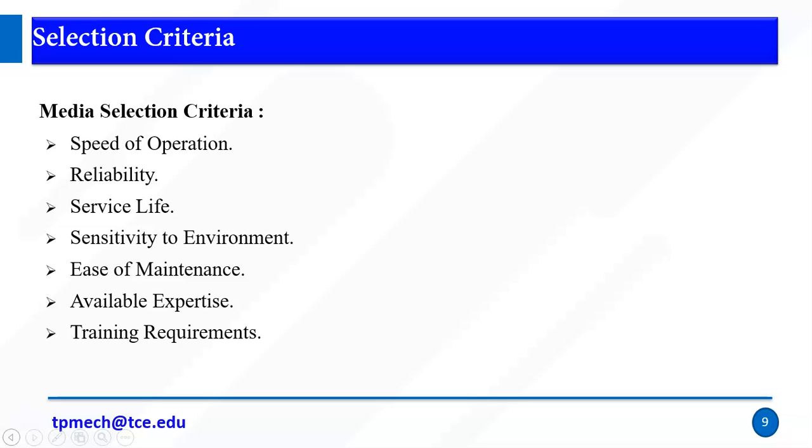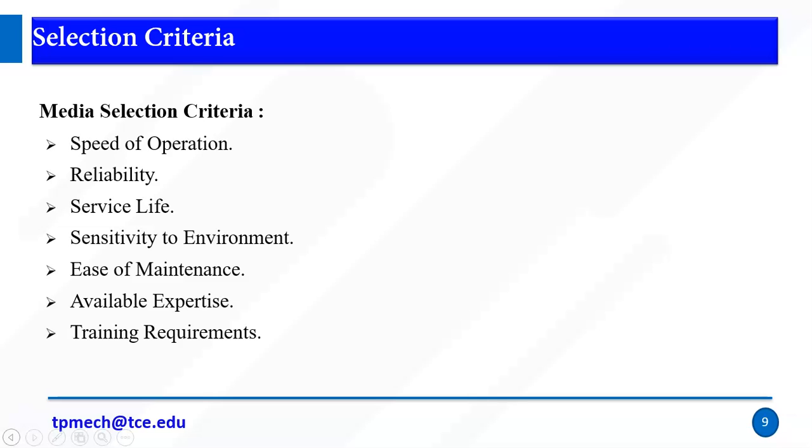In terms of reliability, hydraulic is a better one because it is an incompressible fluid. For service life, pneumatics is better because there is no wear and tear in pneumatic components. But in hydraulic, wear and tear may happen. Sometimes corrosion also may happen. And for sensitive environments, pneumatic is better because it is insensitive to temperatures. But hydraulics may be sensitive to temperature. So for a sensitive environment, you can pick pneumatic.